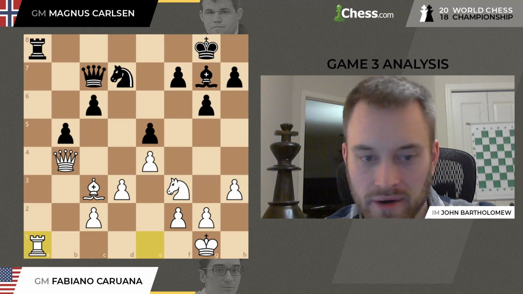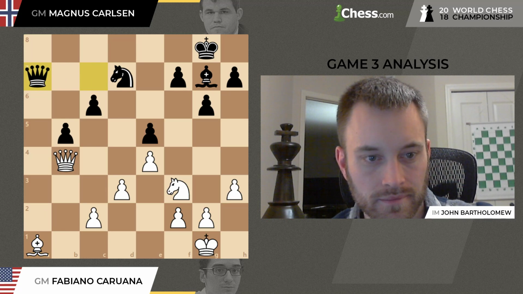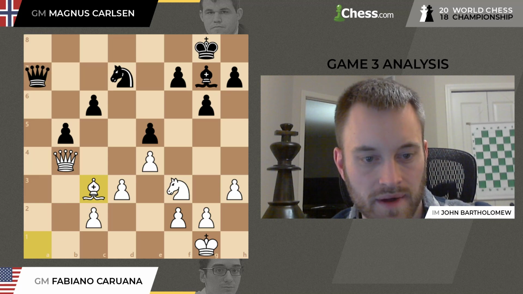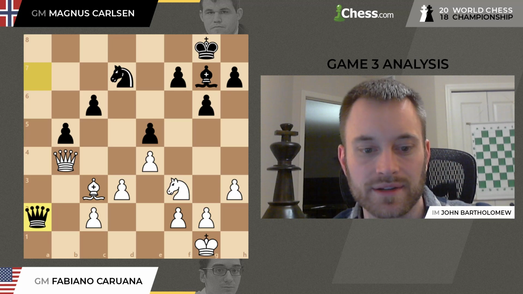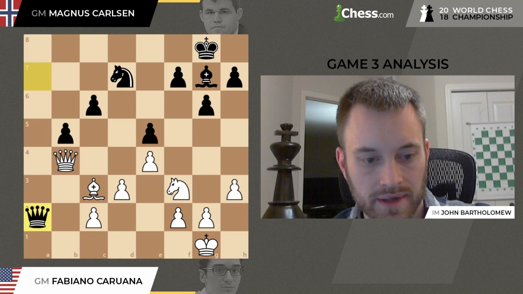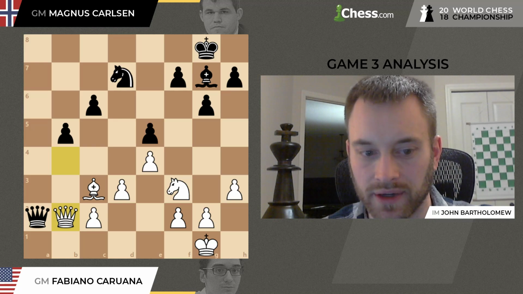So Fabiano just plays rook a1, and we get the rooks off the board. Magnus plays queen a7, attacking the bishop here on a1. Fabiano plays bishop c3. And now Magnus brings the queen into a2, attacking the base of the pawn chain, this pawn on c2. And here Fabiano plays this move that he probably should have played earlier instead of queen b4,